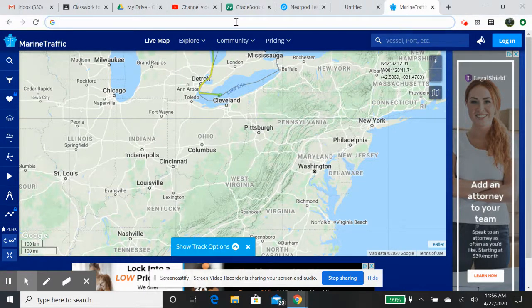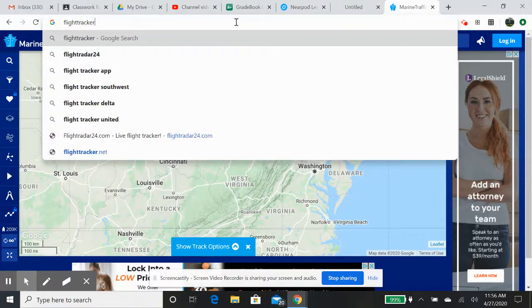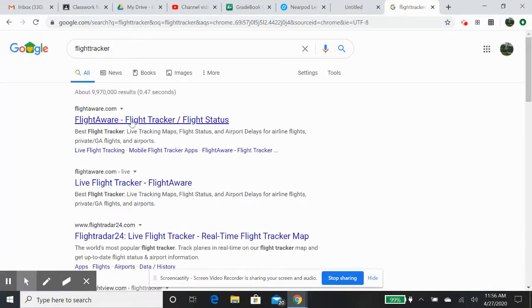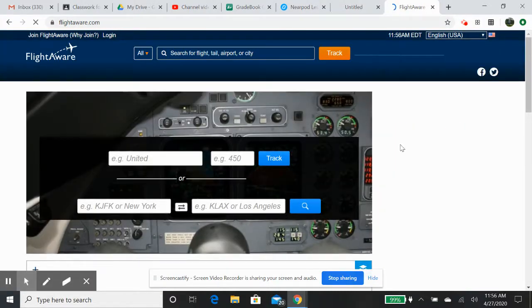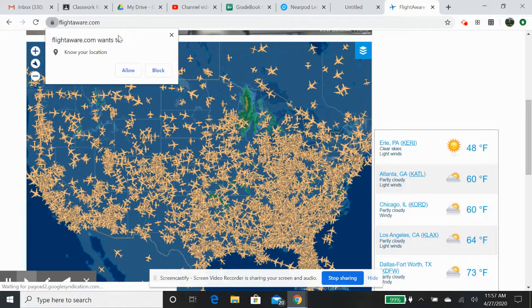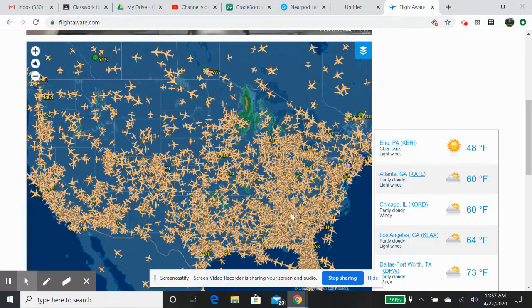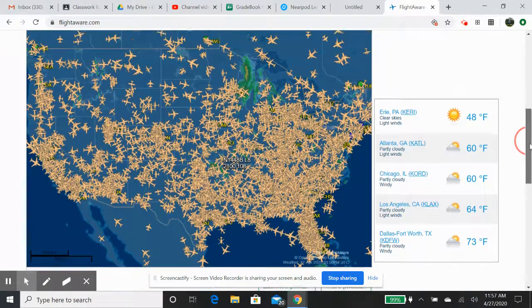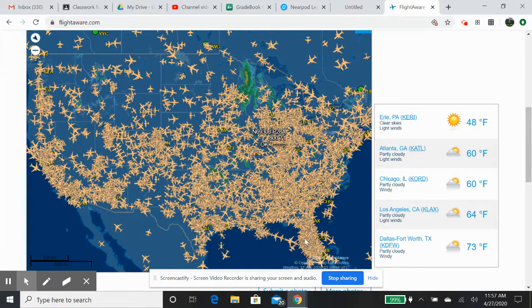And there's also another one that you can look at, that's called Flight Tracker, Flight Aware. So you can see right here is the map. Block. I don't want them to know where I'm at. But these are all the flights right now that are within the United States. Look how heavily California is. Look how heavily Florida is, and the East Coast. And you can zoom in on this